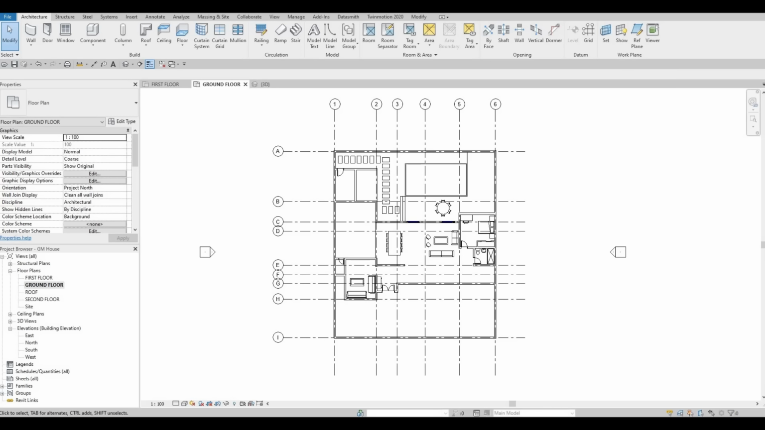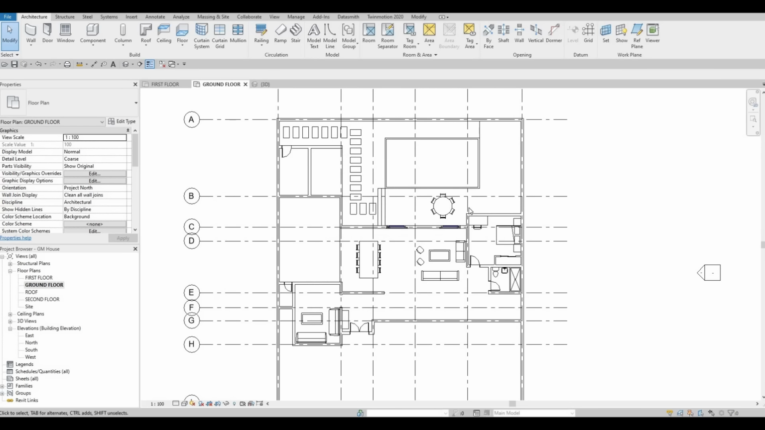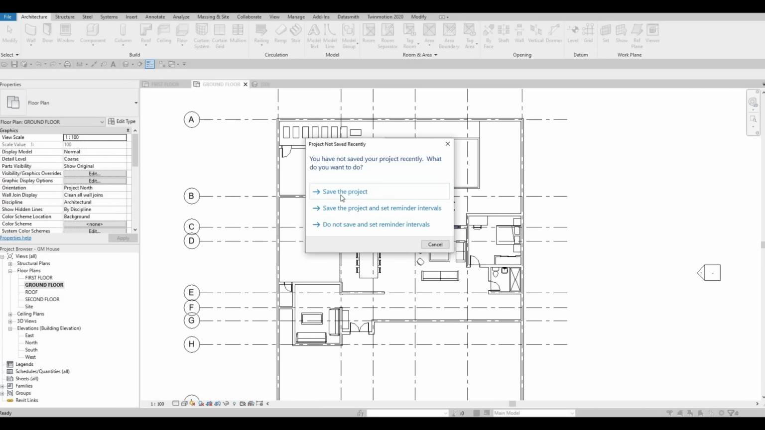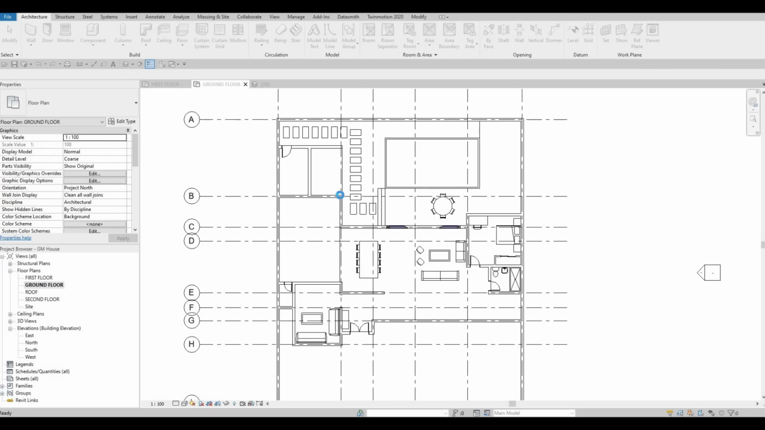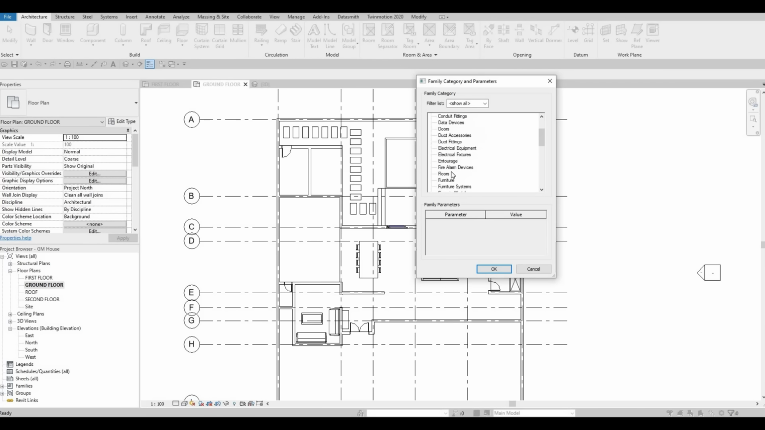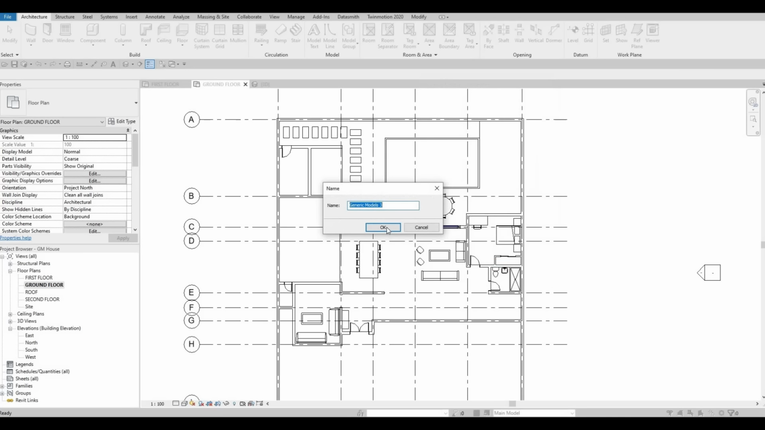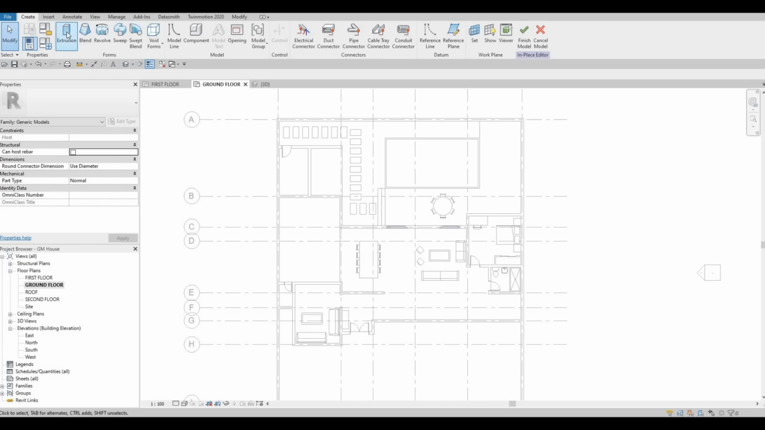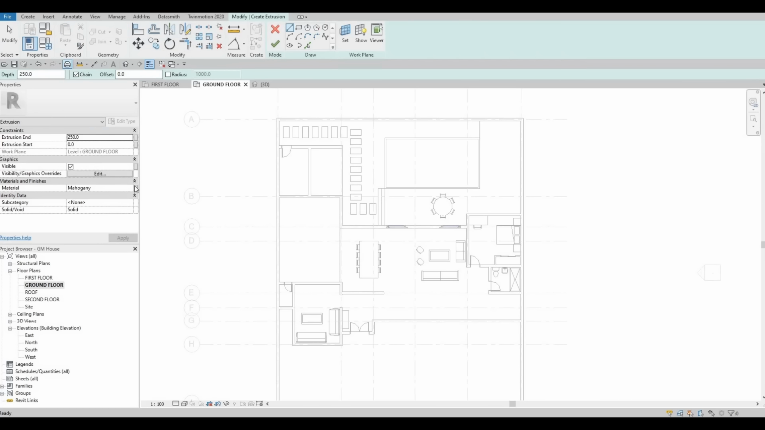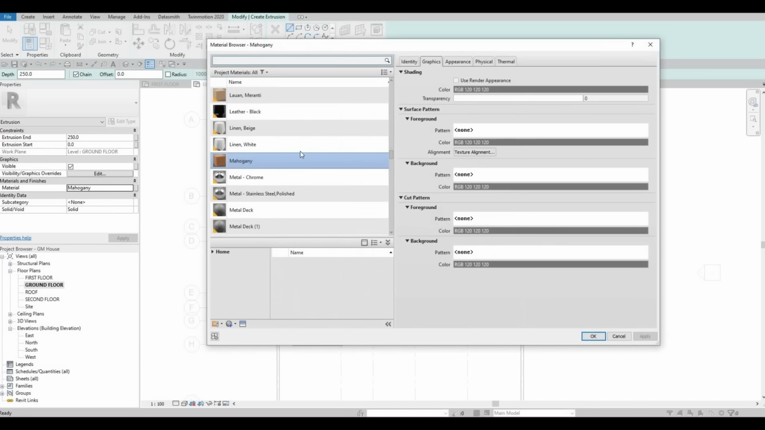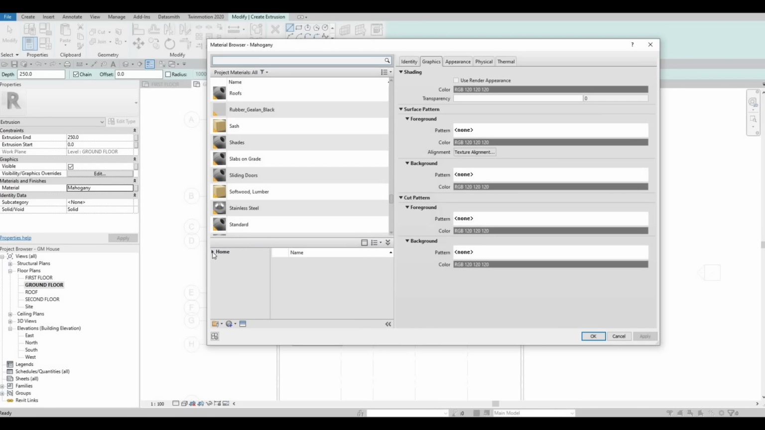What I want to do is add a parabola right here. So I'm going to go to my ground floor, model in place. Let's save this one, and then go to generic model, press OK, and then here I'm just going to do a simple extrusion. Let's change this to a different wood,